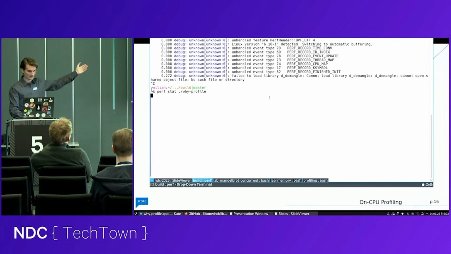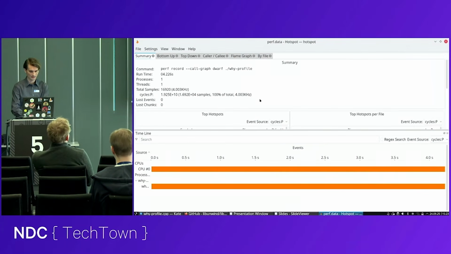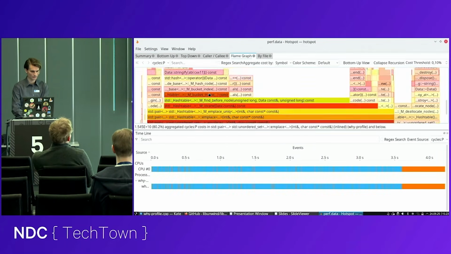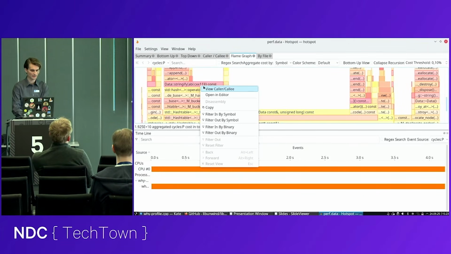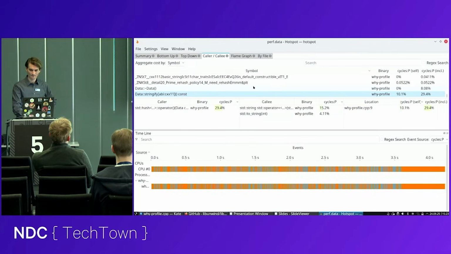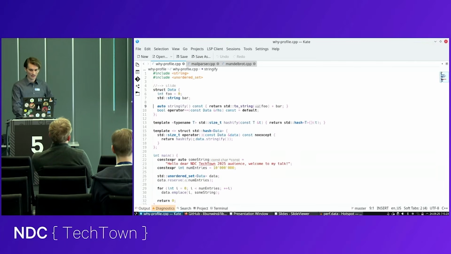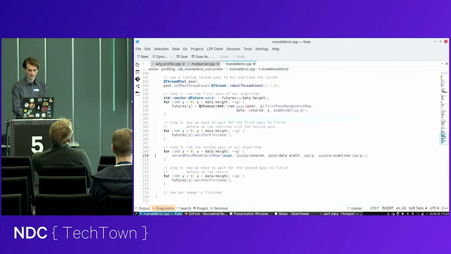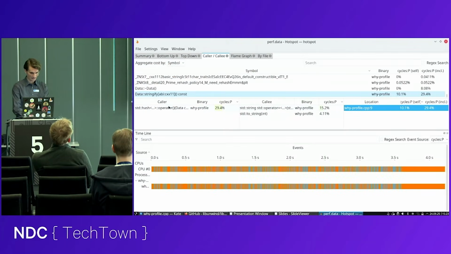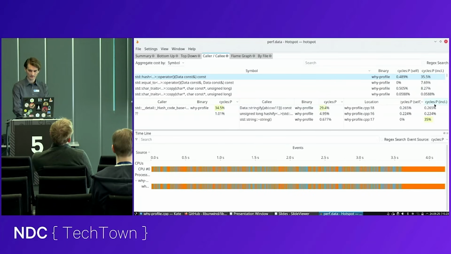As I said, initially we start off with the 4 seconds, right? And now here, sooner or later, we found this function, data stringify. I can do something like view caller callee on the right click on that one. And now here inside the caller callee view, I have a source code location. Open it in the editor, and I'm directly at this location here, right? Similarly, whoops, that was the wrong shortcut. I can go up 1 step and see where that one is called, maybe sort by the cost, open that